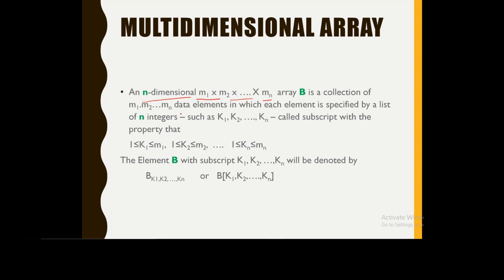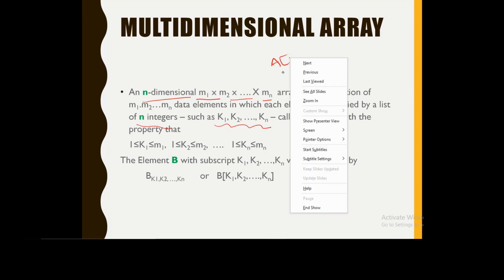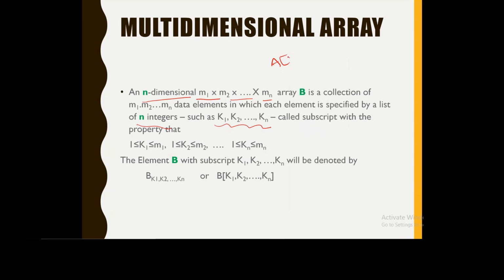So an n-dimensional array m1 cross m2 cross mn, an array, let's suppose B, is a collection of m1 m2 mn data elements, in which each element is specified by a list of integers such as k1 k2 kn. These are the index values. Suppose I have an array A of size 10 10 10. If I want to find out the location of a5